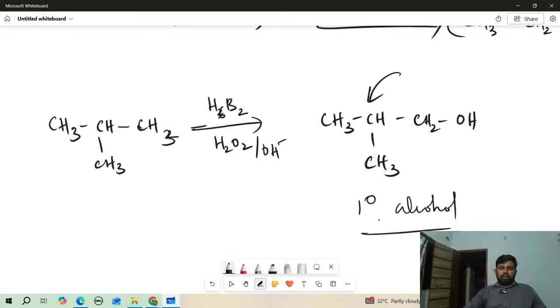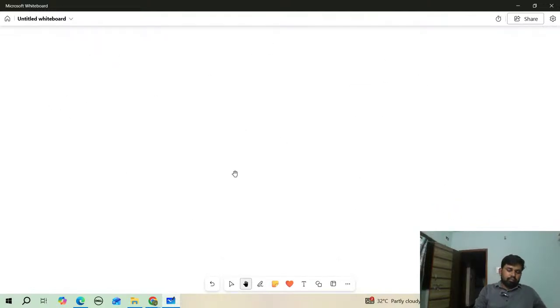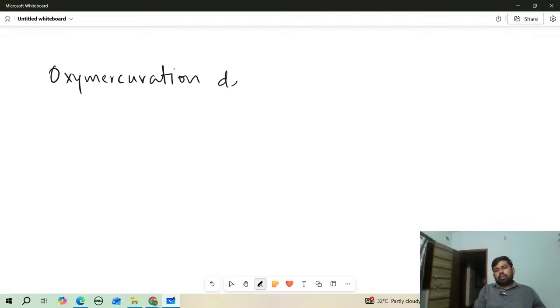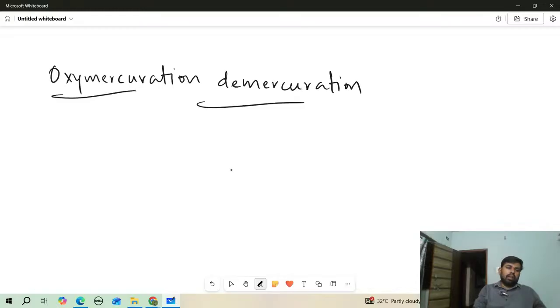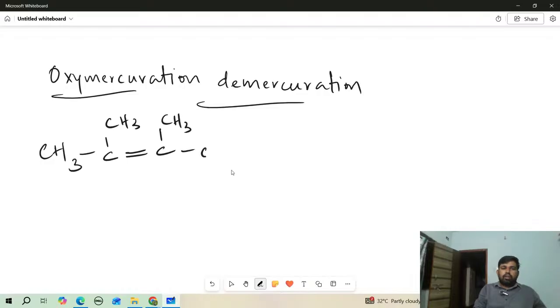Next we have one more method called oxymercuration, demercuration. Here what are we doing? Here we are taking an alkene, CH3 CH3 double bond CH3 CH3. To this one we are adding